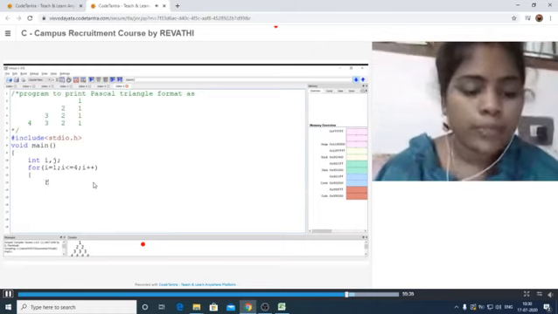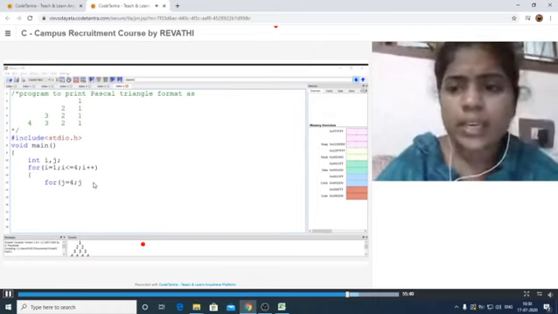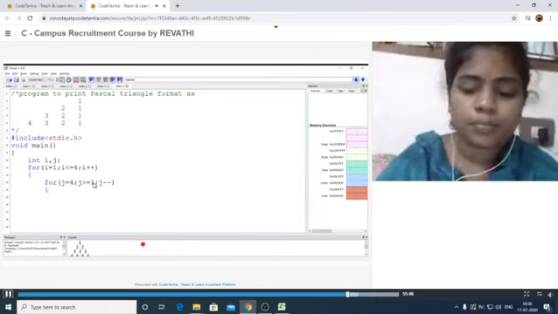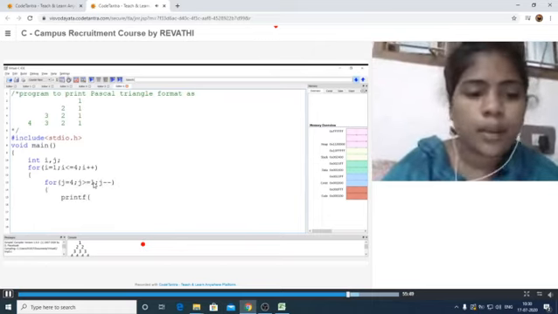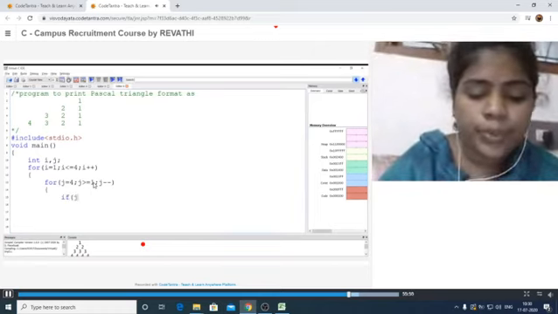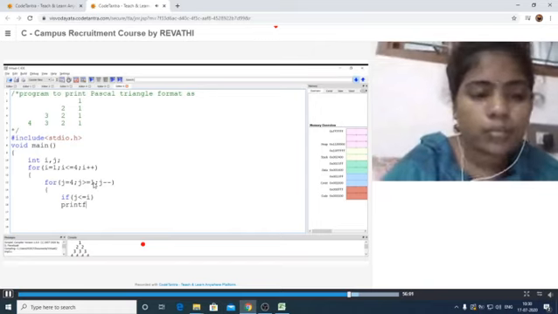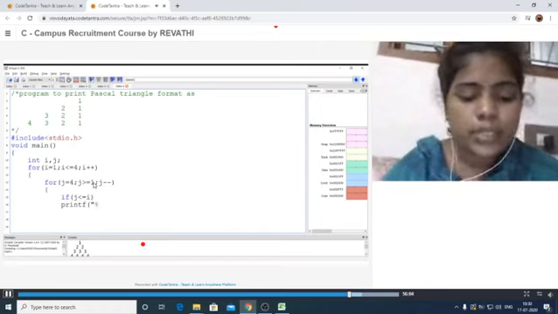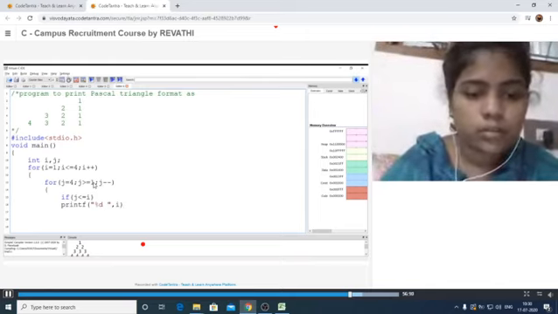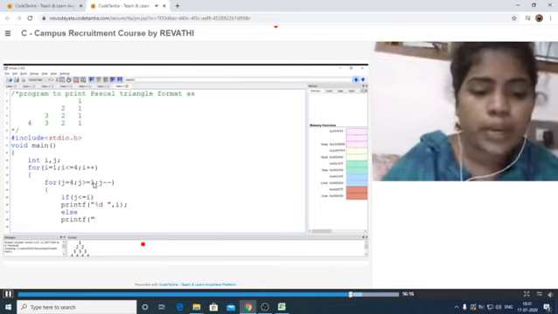For that I am taking for j is equal to 4, j greater than or equal to 1, j minus minus. Here we have to check one condition. If j is less than or equal to i, then printf percent g space comma i, else it prints a space. printf just space here.